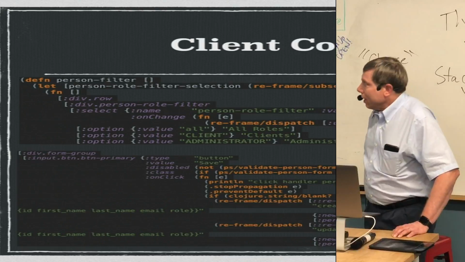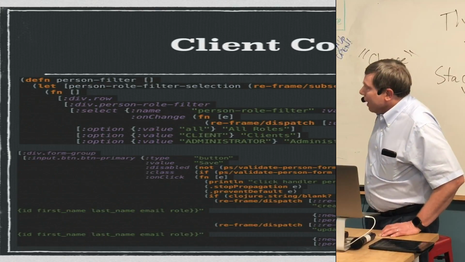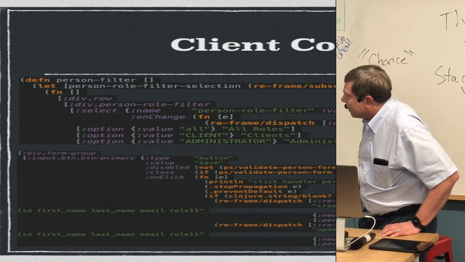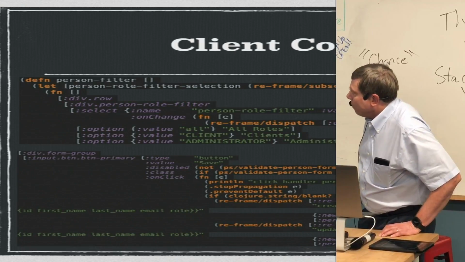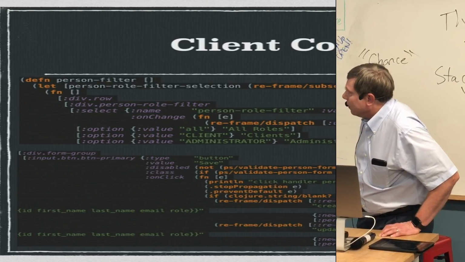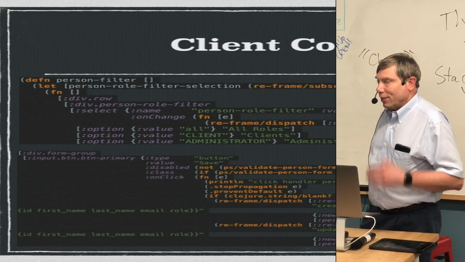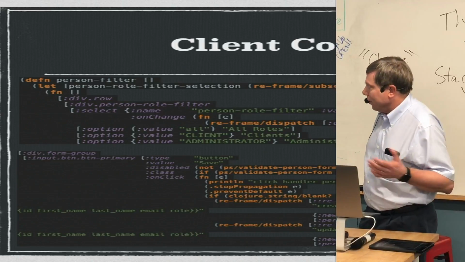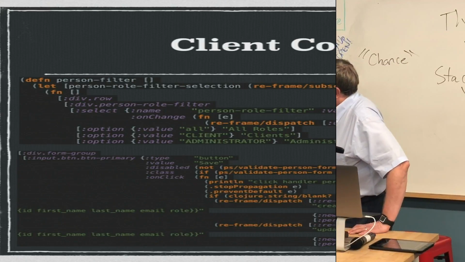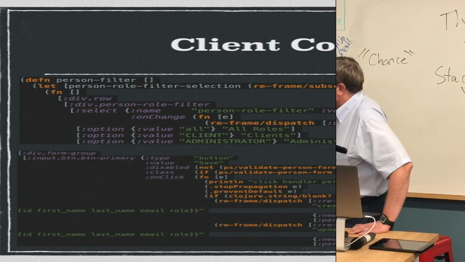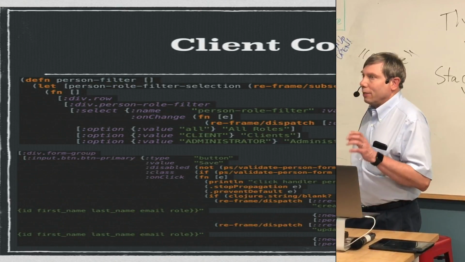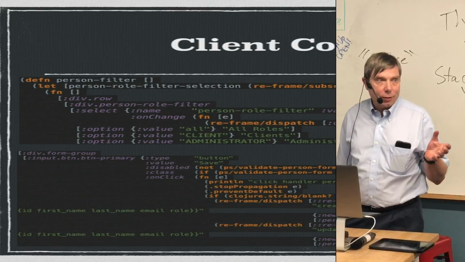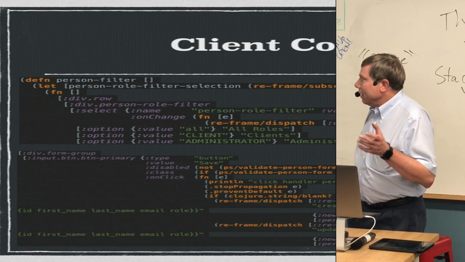Okay, so the view, I have a couple of snippets out of a view. And these are snippets that actually do have something to do with GraphQL. The bottom one has a lot to do with GraphQL. The one up top is simply the view code that's associated with the subscriptions that I just showed you. You subscribe to the role filter selector, you create divs, you create a select, and when you have a change, this is just like onChange in React for those who are more familiar with JavaScript, it will